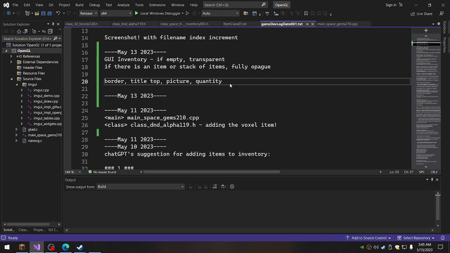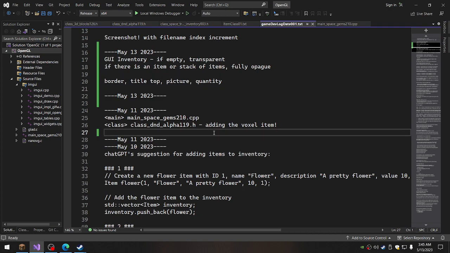So if we were to do that in the GUI, let's look at it again here. That we're doing. So if we were to do that here, we'd have the title, picture, and the quantity listed there. Then we could have a border around it. That's fine. So the thing with the inventory, if it's empty, okay, so let's go into